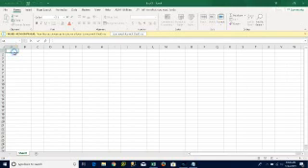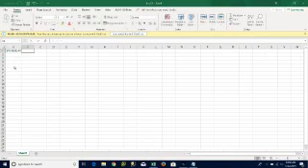So the first thing we want is in a column a phone number. So now in the cell next to it or wherever you want, you're going to enter a formula, and that formula is going to be equals hyperlink